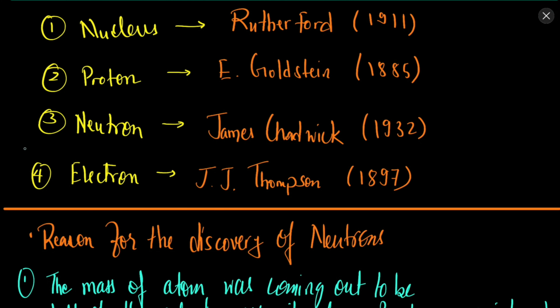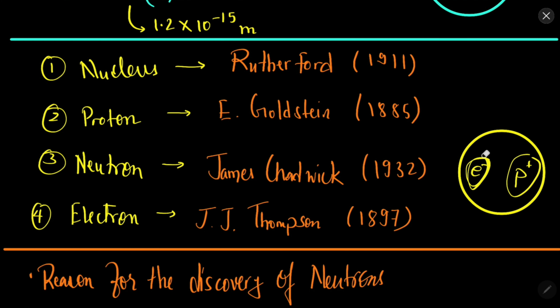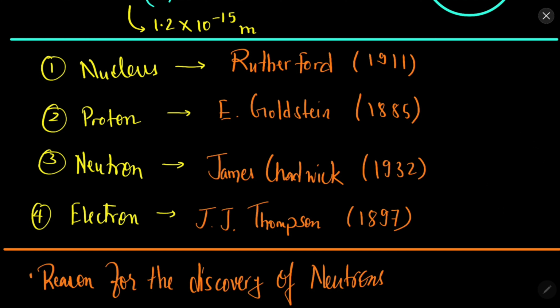So now what is the reason that we needed to find the neutron, and why was the neutron discovered? What was the requirement of the neutron? For example, when the electron was discovered, it was evident that a proton or positive charge must be there, because overall the atom was neutral. If the negative charge is there, there must be a positive charge which will make the atom neutral. So because of that, the electron helped us in obtaining the proton.